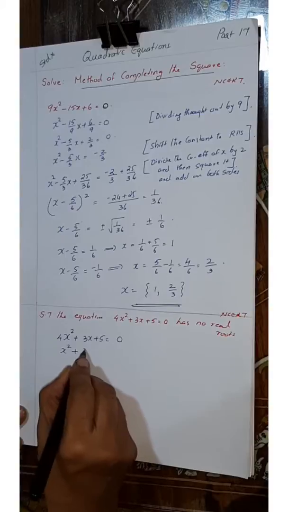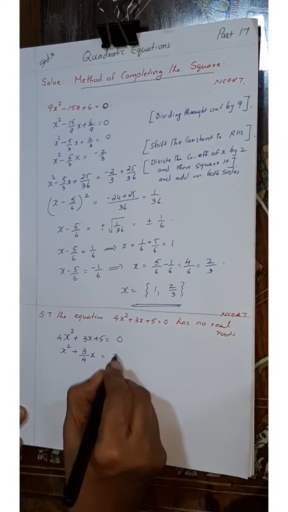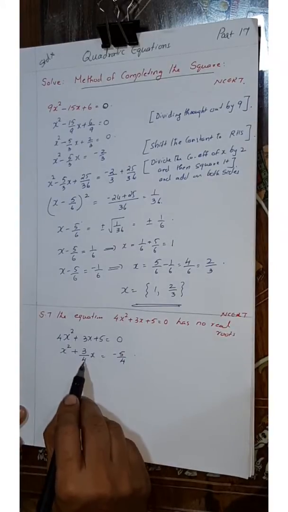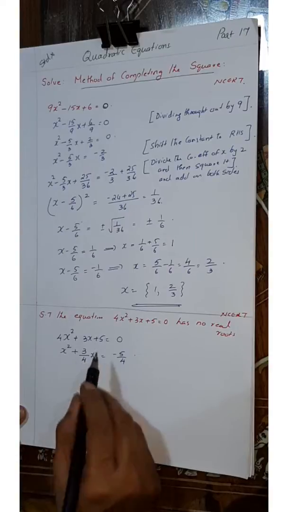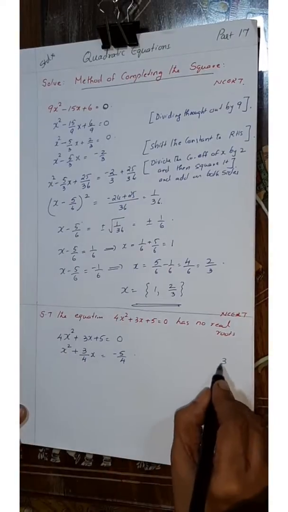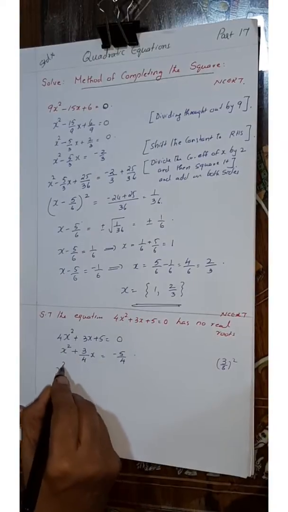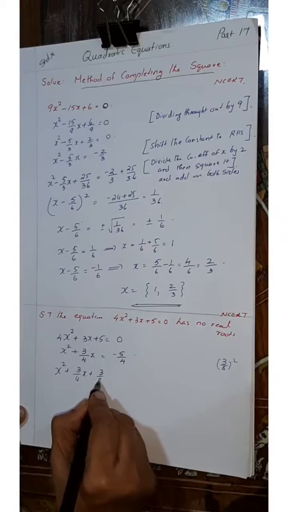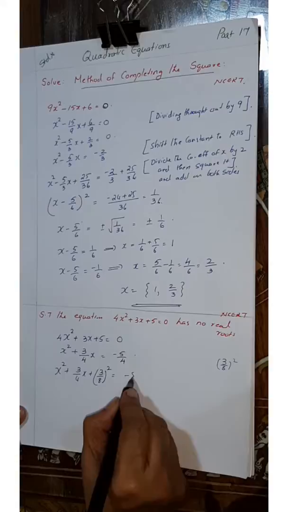So x squared plus 3 by 4x is equal to minus 5 by 4. Then divide the coefficient of x by 2, so it becomes 3 by 8. So 3 by 8 the whole squared. So it will become x squared plus 3 by 4x plus 3 by 8 the whole squared is equal to minus 5 by 4